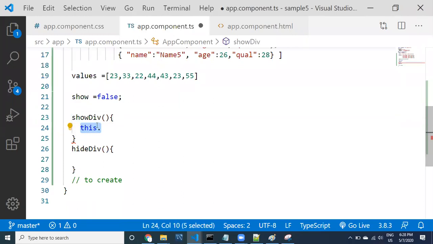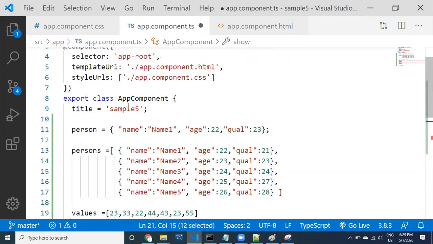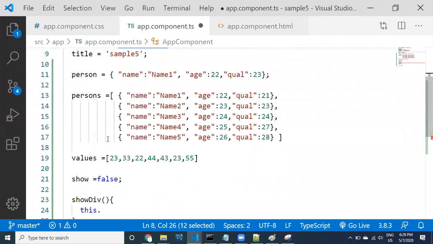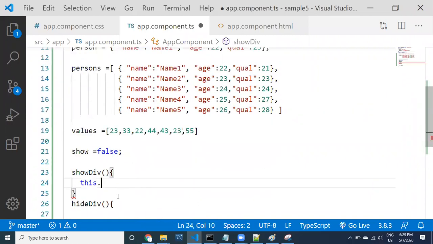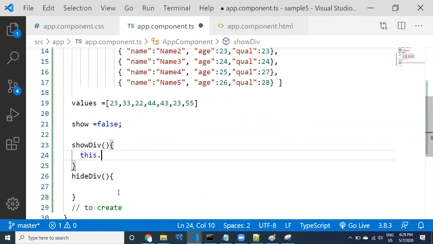This is a property provided at class level, not a local property. To access it, I need to use this. This is compulsory. Without this, I cannot access show. So you write this.show equal to true.